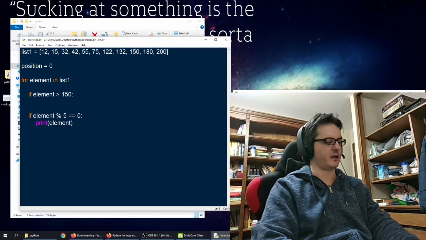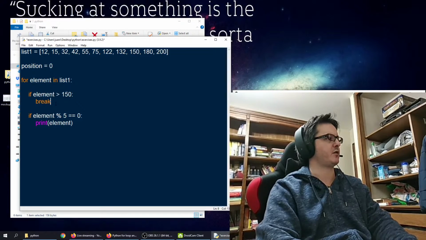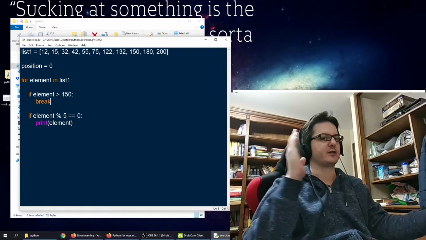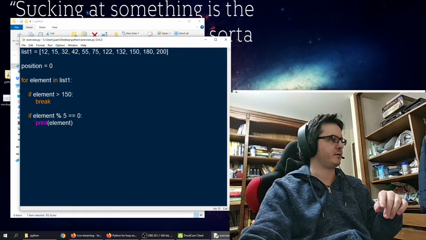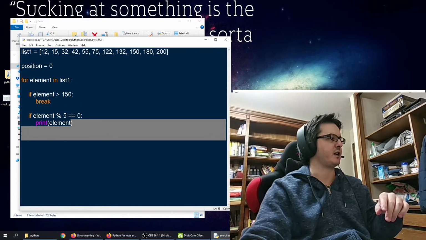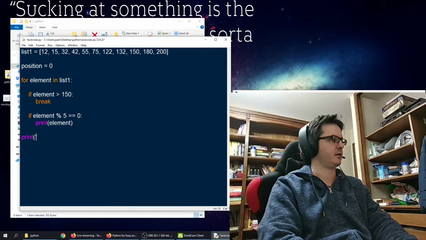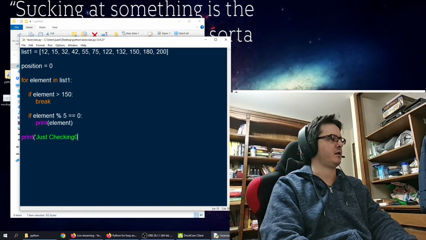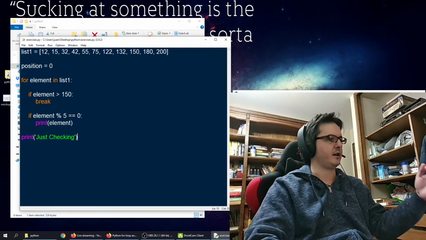I think this is a new command that we haven't spoken about, which is called break, and this will stop the execution of the loop and continue outside of it. So print, just checking, and it should